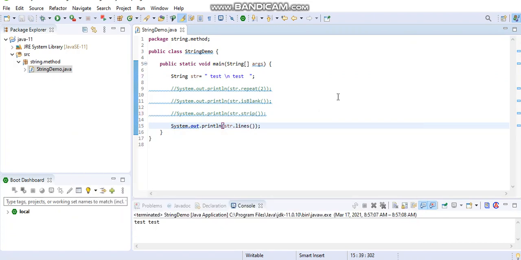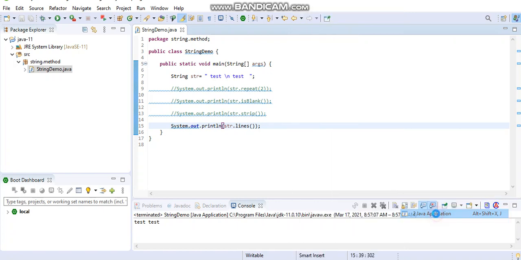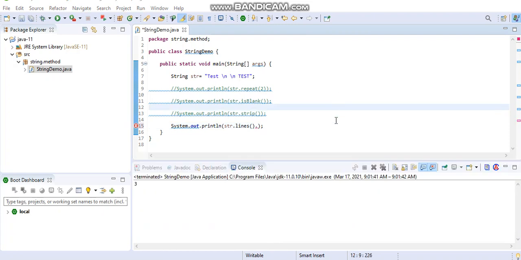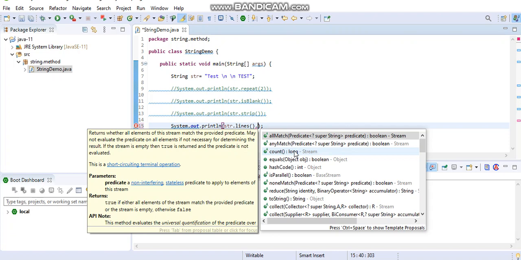You can see the output, test on separate lines. So with the lines method, you can see one, two, three lines broken in that. Easily we can perform operations with the lines method as well.